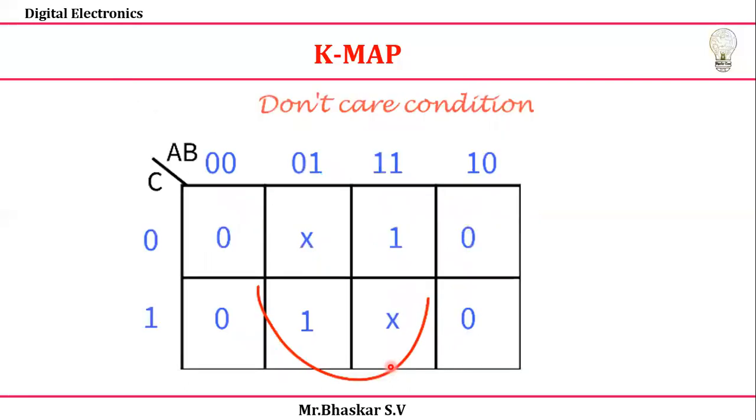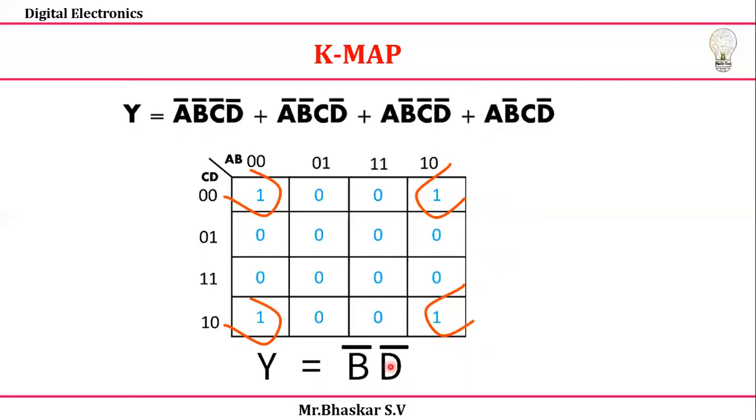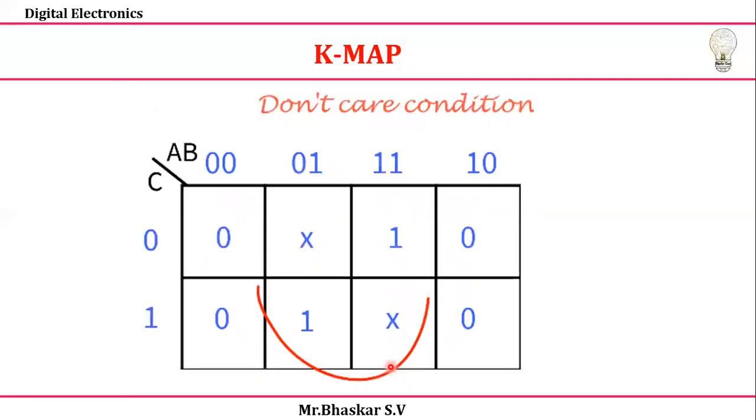Okay, next, this is a normal condition, normal grouping, and not only that, we can use different corner grouping and different cases; I'll show them in the next video with problems. Along with this, suppose you have a don't care condition. What is a don't care, sir? Why am I going to use a don't care condition? Sometimes we use don't care conditions, represented as x. The x value is 0 or 1. The 0 or 1 depends upon the grouping we can use.